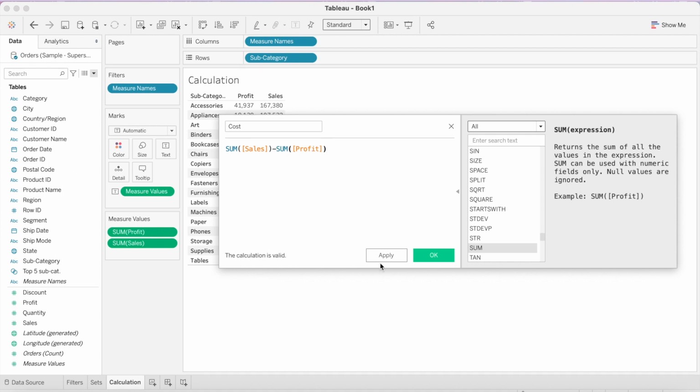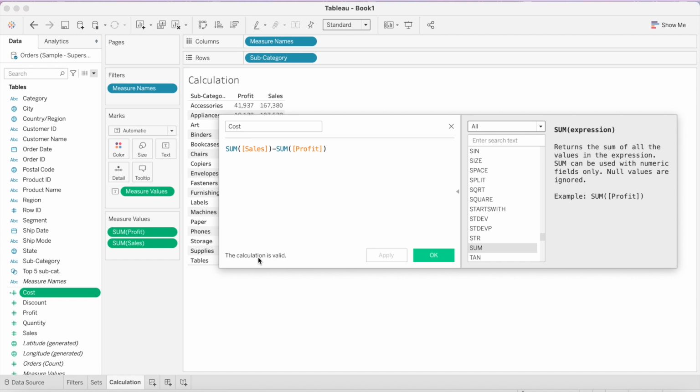We will click apply, because if there is some syntax error here, it will show you that the calculation is not valid, and probably show you what kind of syntax error you have in your formula.